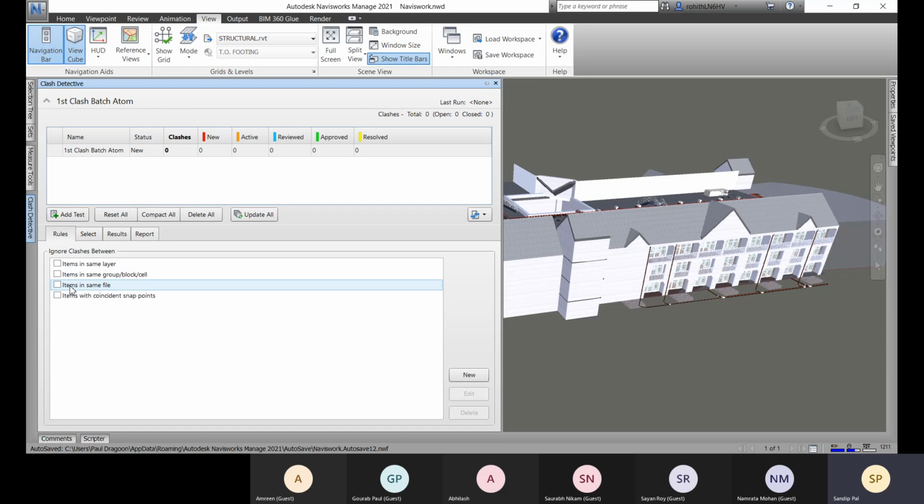the same file, architecture file. Within the architecture file, you don't want to check any class, you want to ignore those, you can select it. Okay. And your coincident same snap points, like you know about coincident point. The components which are occupying the same snap points, coincident points, you can ignore those classes. So you can specify for those.